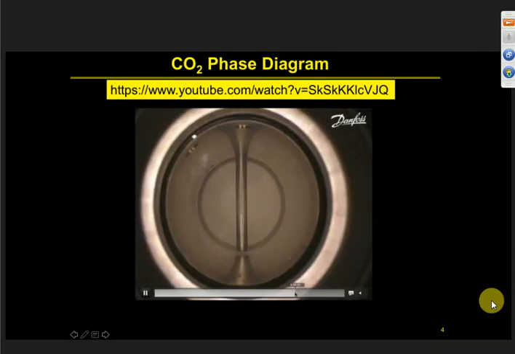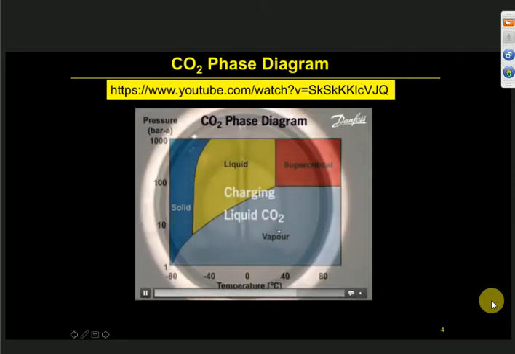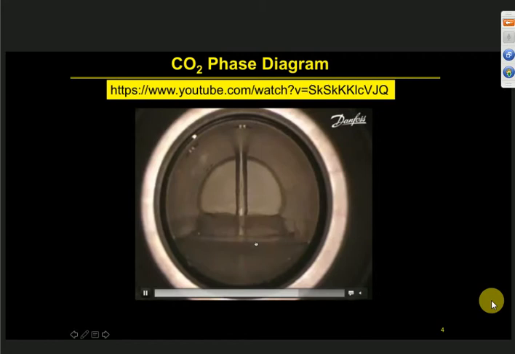Inside the cell again it's a similar experiment. Now at room conditions they're loading CO2 into the high pressure cell. As you see the liquid level is going up, and once you're done with the charging, then what you do is,